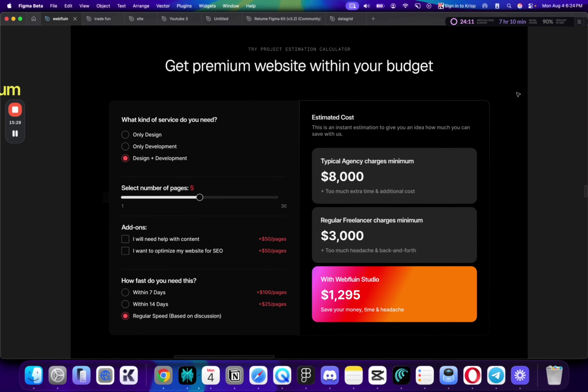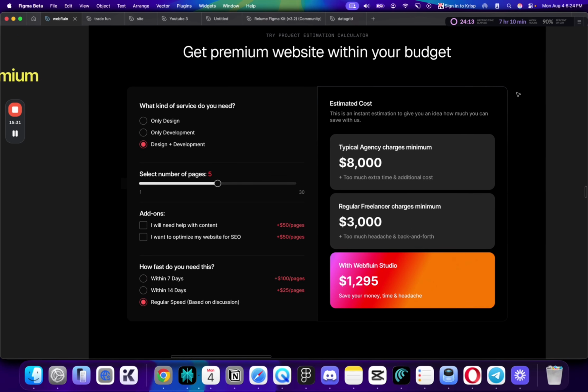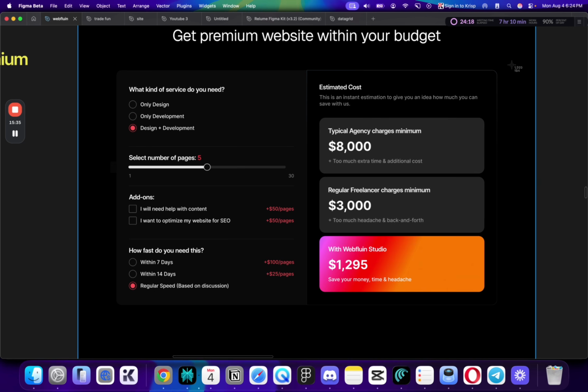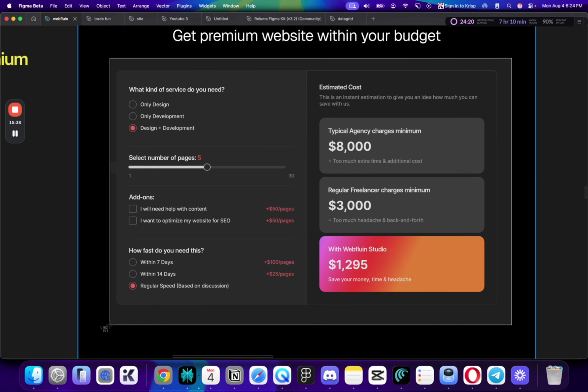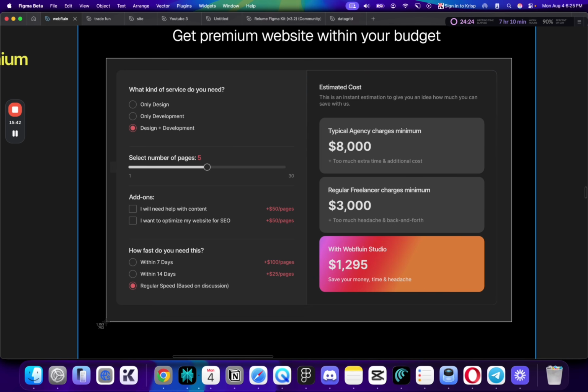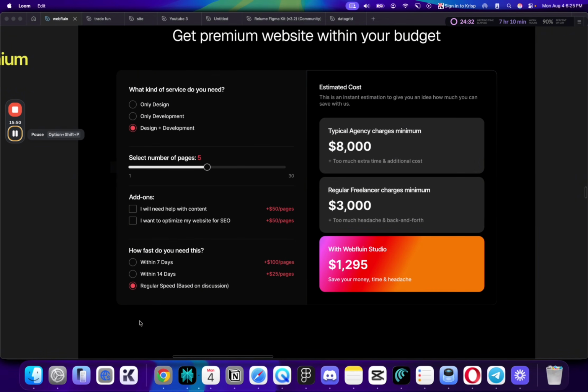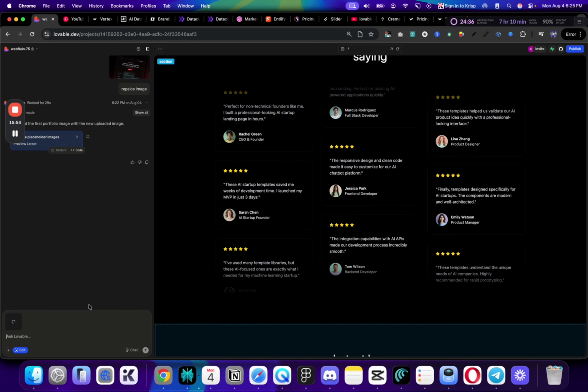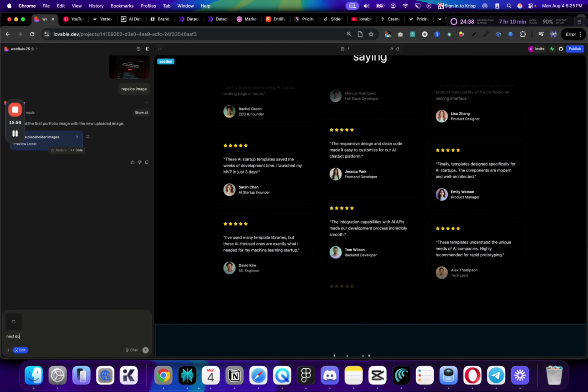Next, let's start building the project estimation calculator. It is really tricky to build this actually, because I cannot just copy the code since this is not built with auto layout. If I had built it with auto layout, I could have just done that, but now we can just take a screenshot of these and just give it to Lovable and say next down